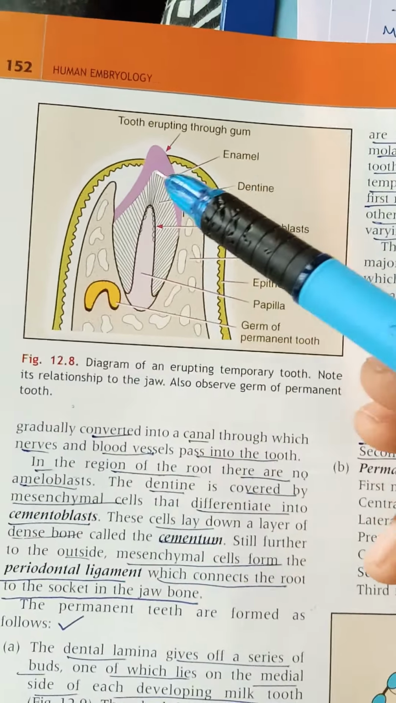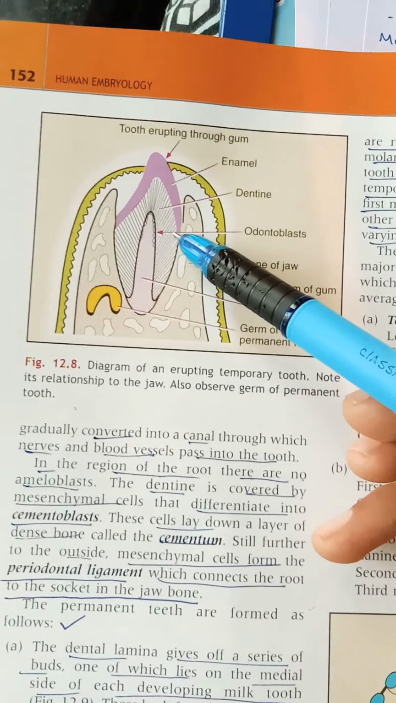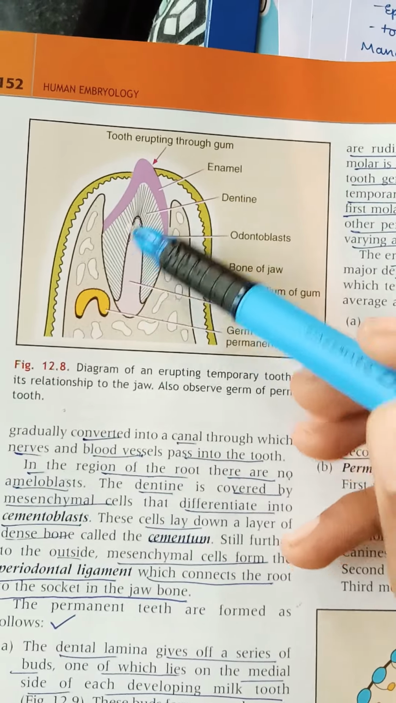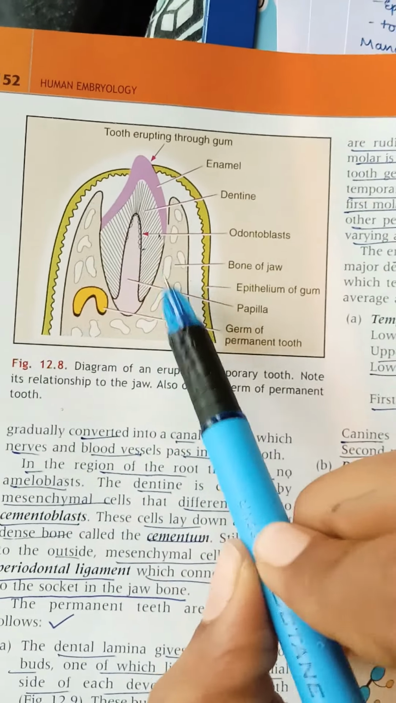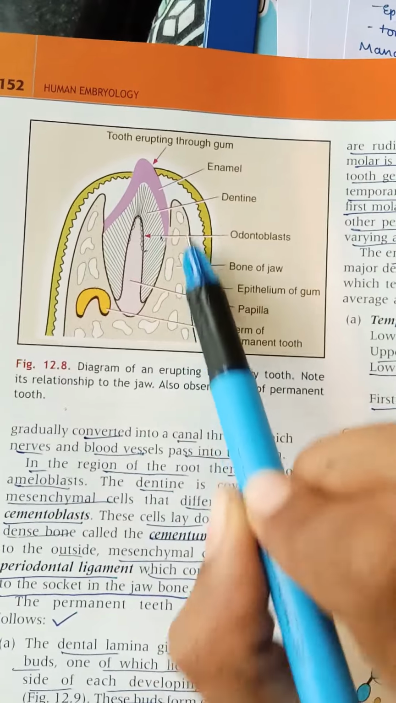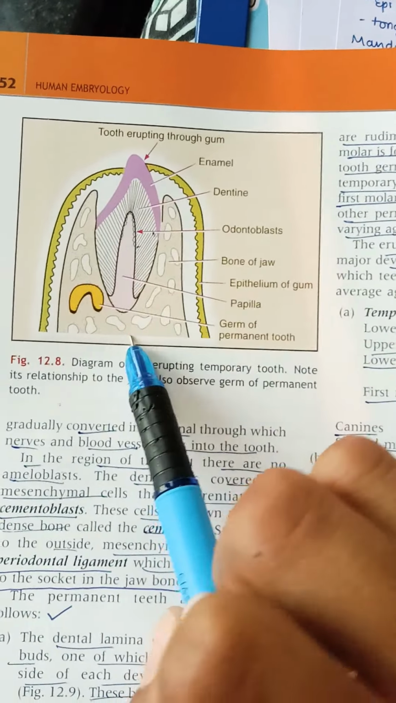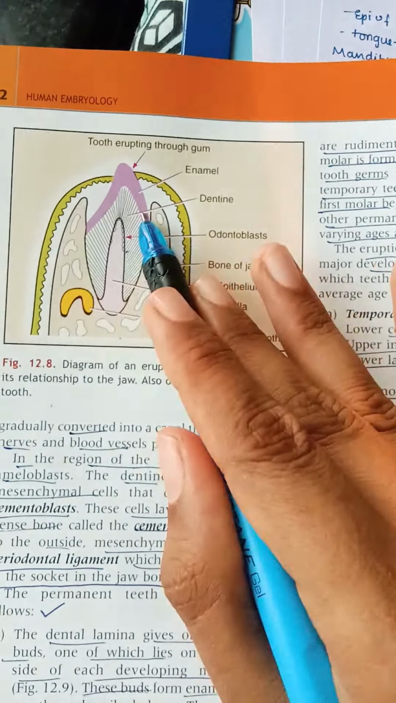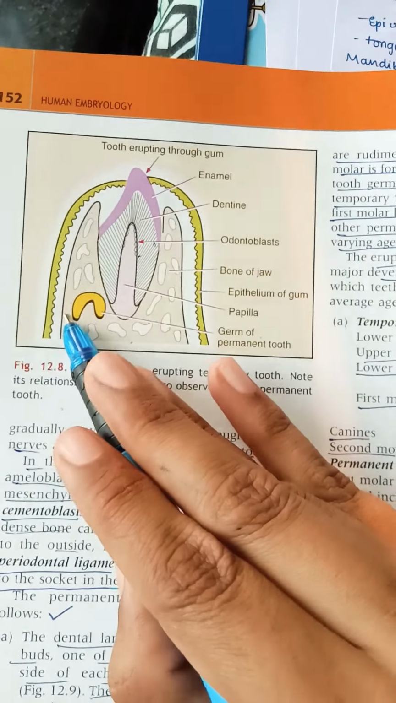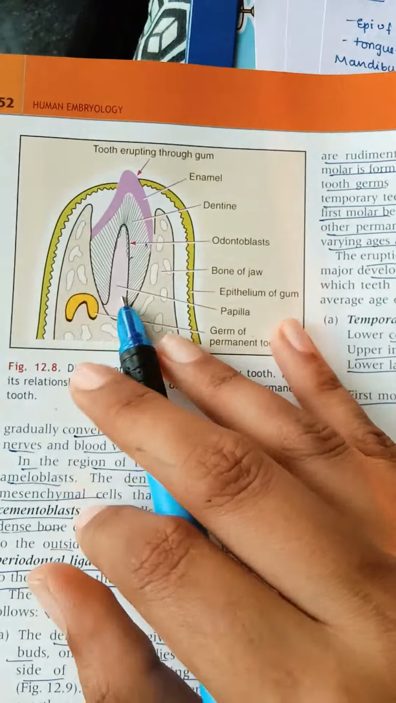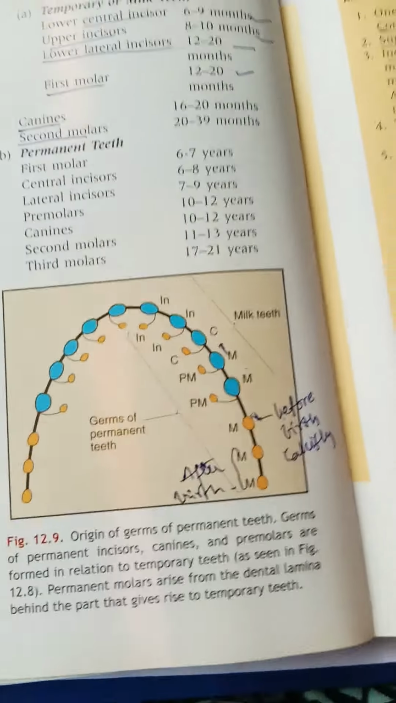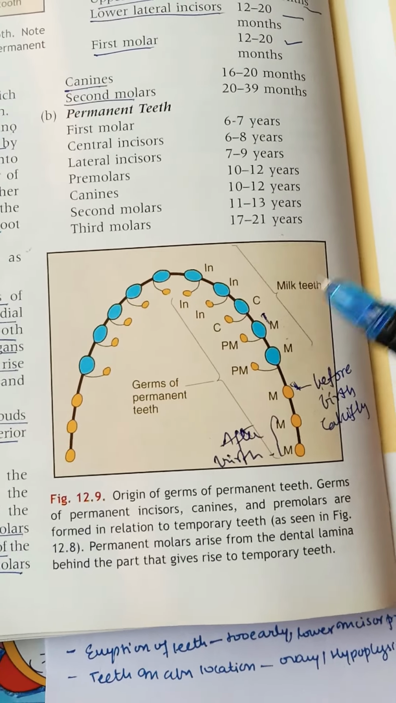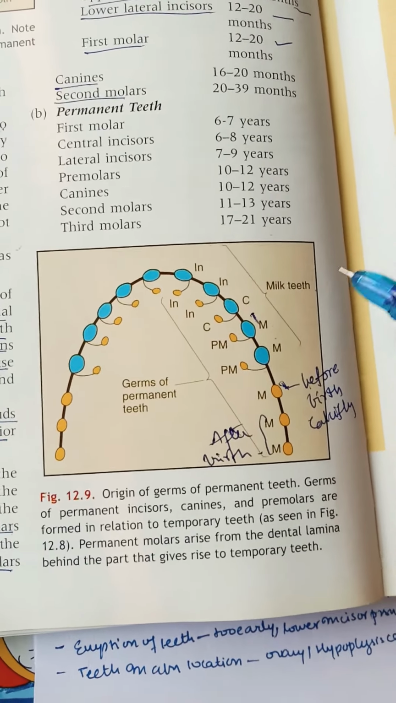So now we can understand this is an enamel, this is a dentine. So enamel is formed by ameloblast, dentine by odontoblast, right? So still odontoblast is inside, and this is the bone of the jaw, this is the epithelium of the gum. Here is the inside papilla, and the germ of a permanent tooth is still here. So after losing this temporary tooth, the permanent tooth next erupts, and it stays permanently for life. So here you can see the germs of permanent teeth, and here